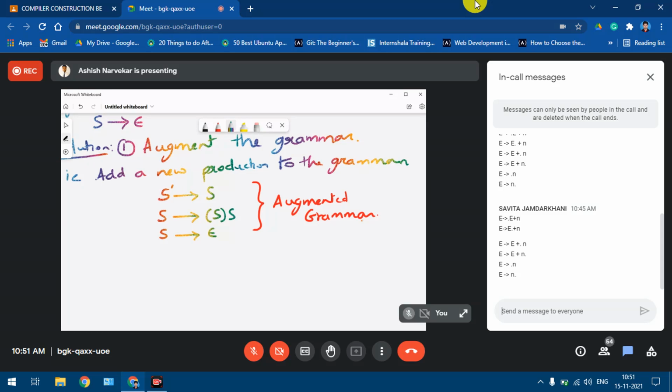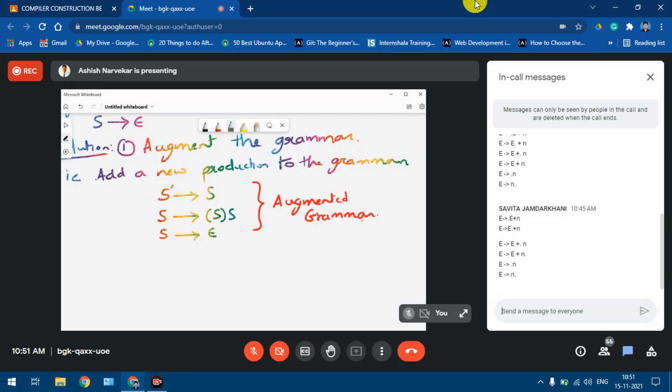The purpose of introducing this augmented production by use of the new start symbol is that it helps to determine whether the input string that we are supposed to parse will be accepted or not. Basically it determines whether the accept state can be reached or not.